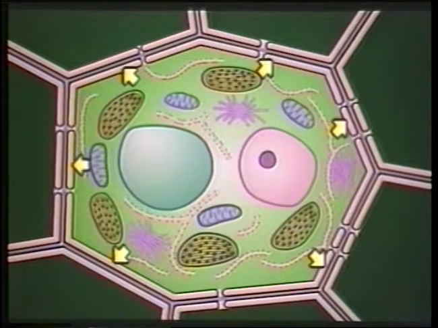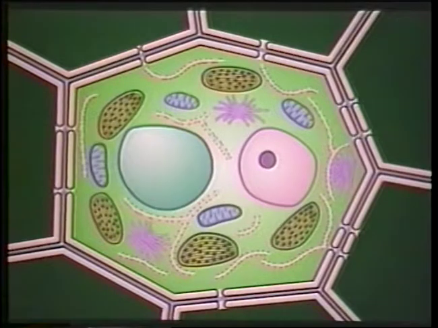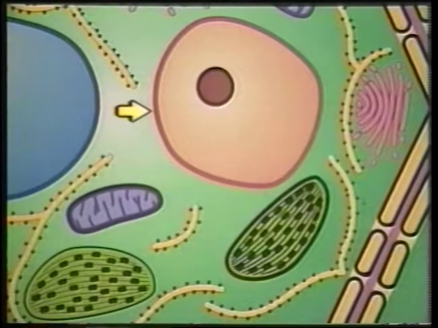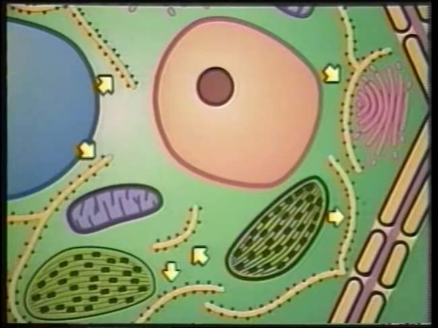The cell wall is located on the outside of the cell. The plasma membrane, a semi-permeable membrane, is located immediately inside the cell wall. The nucleus is the large globular body containing most of the hereditary material of the cell. The long strand-like parts shown here make up the endoplasmic reticulum, and the small disc-shaped bodies on its surface are ribosomes. Both the ribosomes and endoplasmic reticulum are involved in protein synthesis.